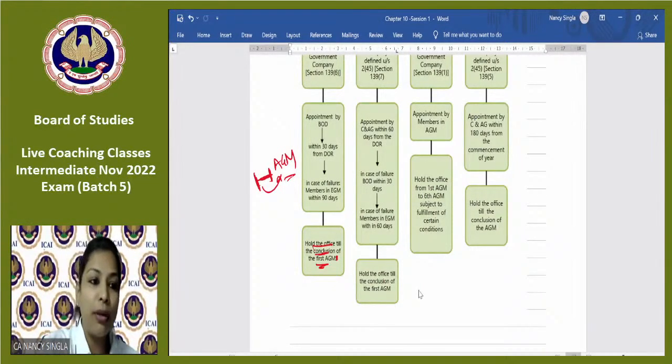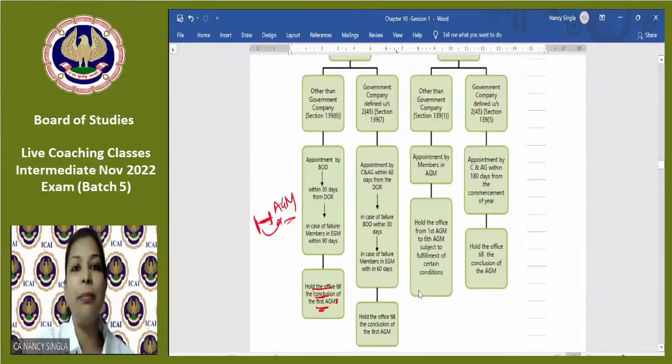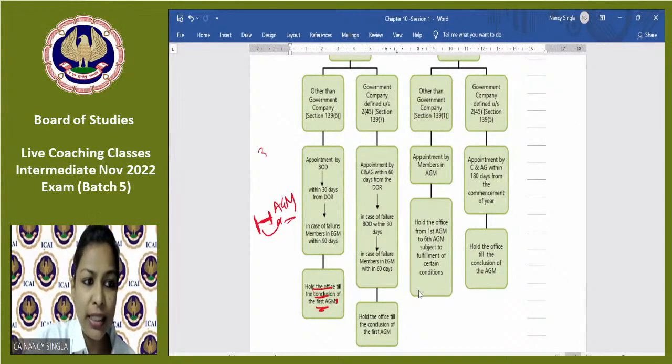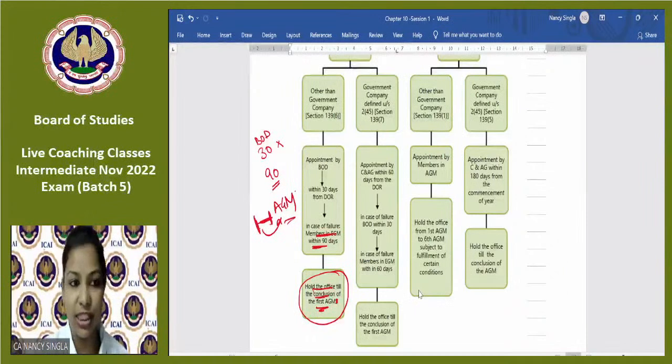Clear है? तो हमने basically क्या बोला? कंपनी रजिस्टर हो गया है, फर्स्ट ऑडिटर, फर्स्ट ईयर की बात हो रही है ना, फर्स्ट ईयर आफ्टर द रजिस्ट्रेशन, 30 days का टाइम दिया है बोर्ड ऑफ डायरेक्टर्स को. नहीं कर पाता है तो नेक्स्ट 90 days के अंदर, board of directors will inform the members and they will appoint the auditor in the EGM within the next 90 days, and such auditor will hold the office till the conclusion of the first AGM. Clear है? Simple है? ठीक है?